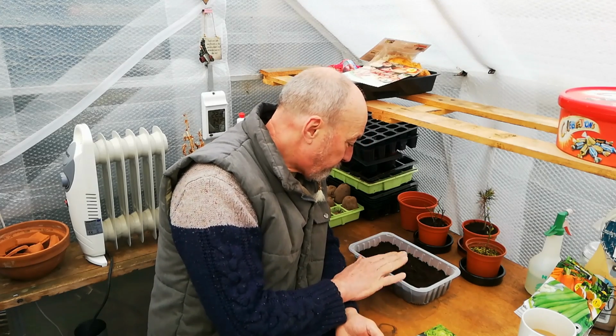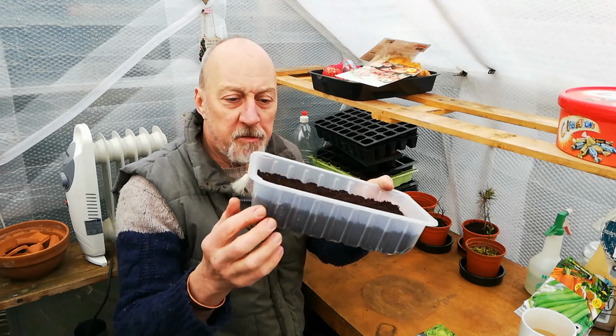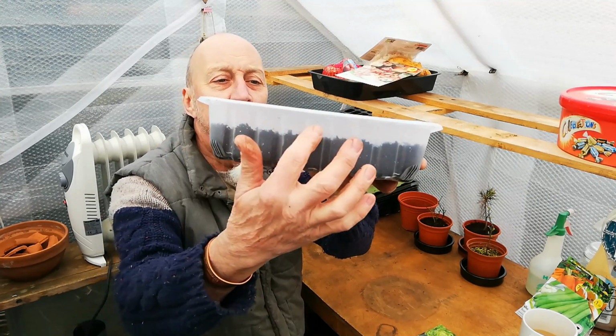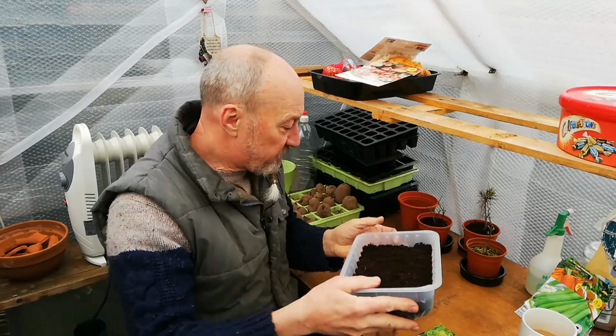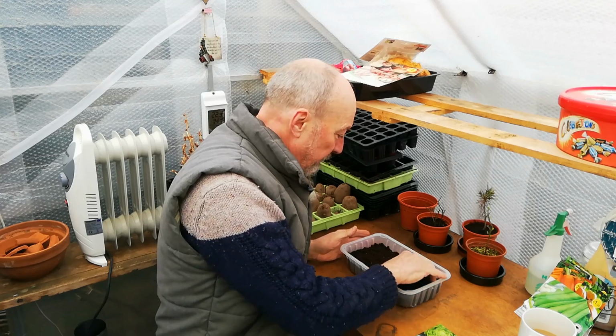Look, compost in there. I've filled it about 3/4 full. I think you can see that. You can see on the side it's about 3/4 full of this compost. I've just pressed it down lightly. But what I'm going to do now,